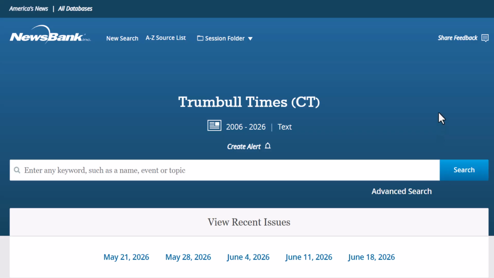And here we are. There's some information at the top of the page that shows us the date range available, which is 2006 through the present. It also says text, which means we are only getting the text of the articles, not photographs or any other kind of images. If I want to look at the most recent issue, I can click the date right here